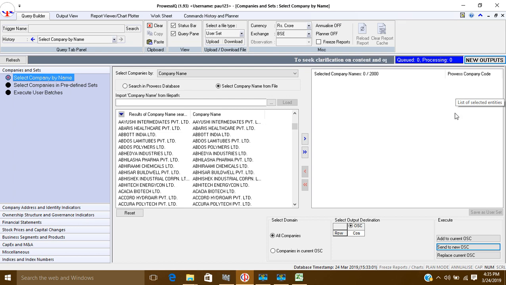It will take a little bit of time. So now you can see here that it has started blinking, which means that your output is ready. So you will click here new output,